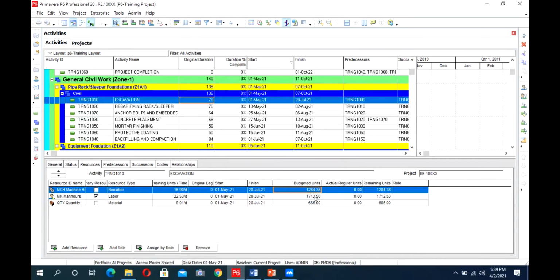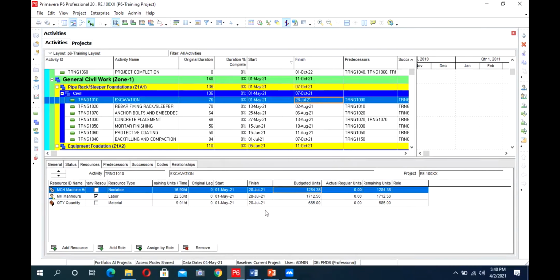So these are the resources, and then there is a curve we also assign to it. We have an activity which is starting on 1st of May and finishing on 28th of July. We are saying that there are three resources on this activity.